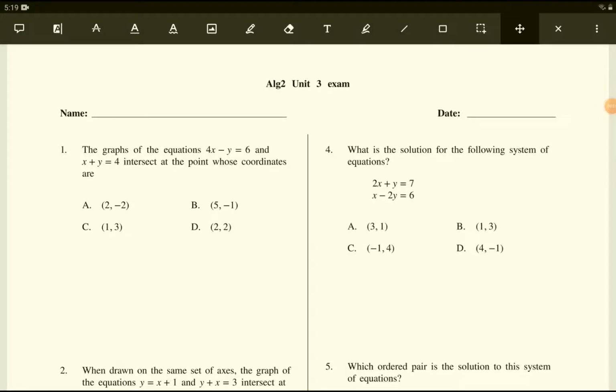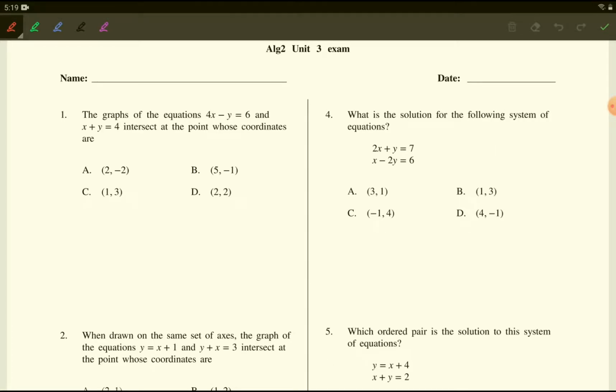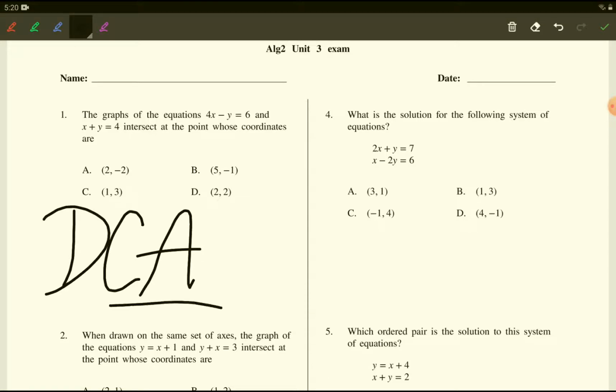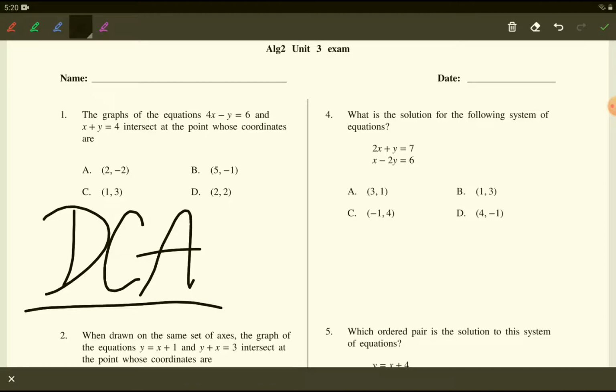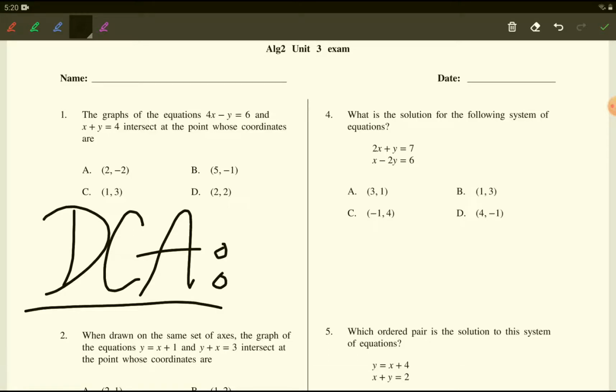Okay guys, so like I promised, I'm going to create a 9-week review video. I'm going to go over obviously the Unit 3 quiz, okay? And it's also going to help you with the file titled DCA. So the DCA, just super quickly,